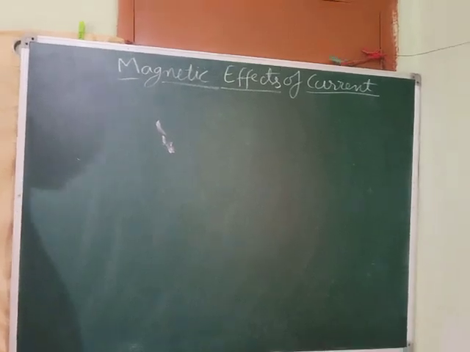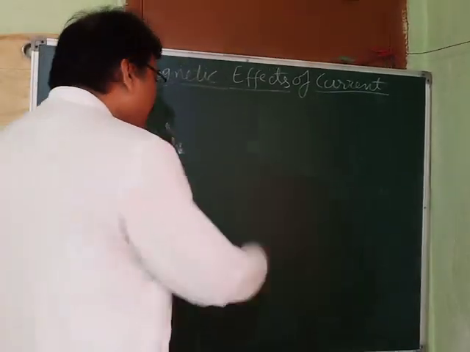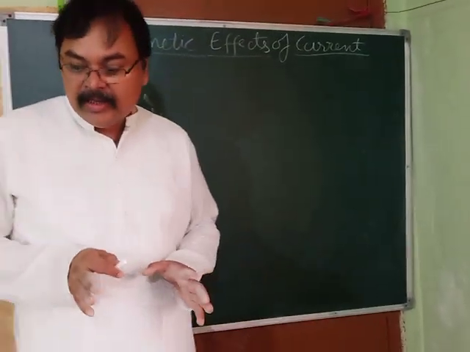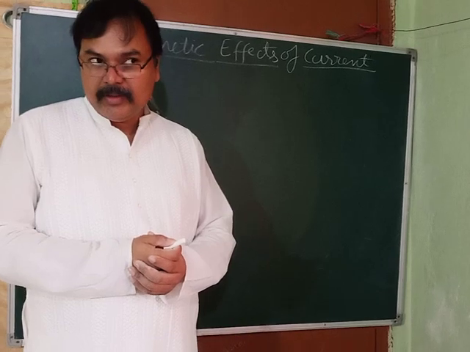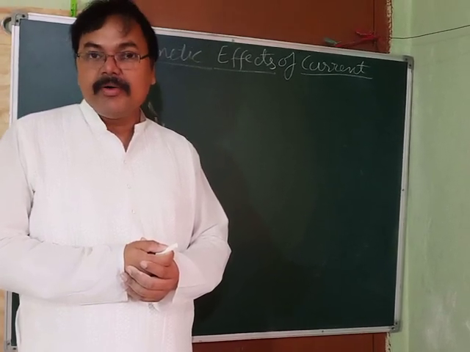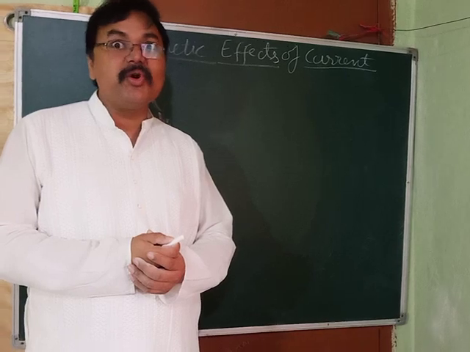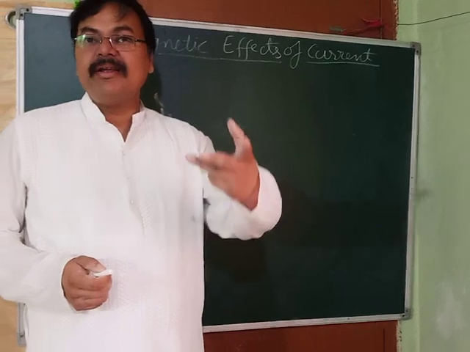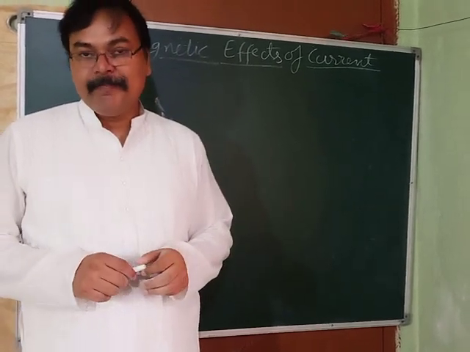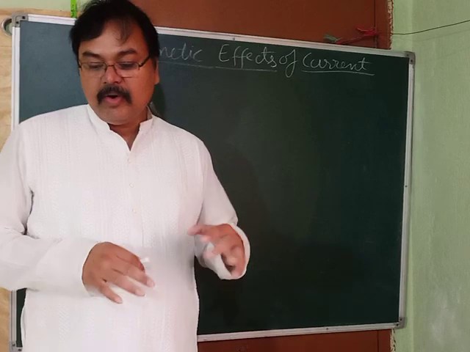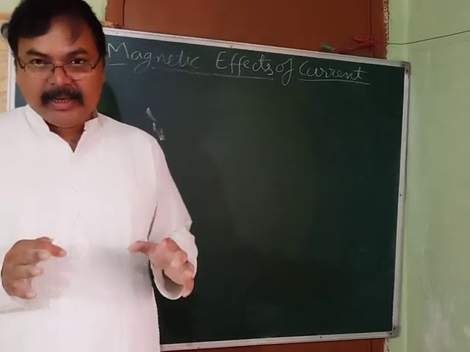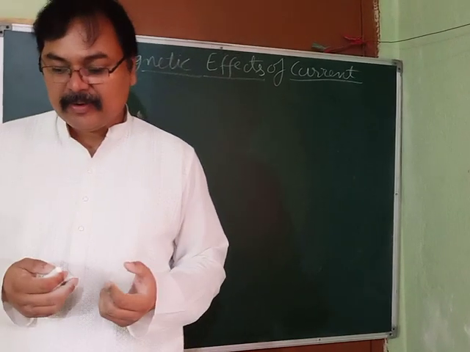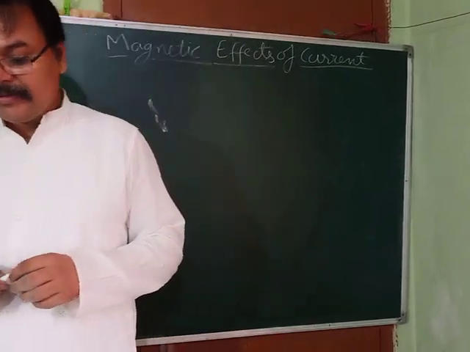Now, already we have discussed in the previous chapter, there is a diagram given in your NCERT of this household circuit that you must draw. Sometimes in the examinations they ask to draw it. It has three wires: live wire, neutral wire, and earthing wire. And fuse, I have told you all; overloading I have told you, and short circuiting also I have told you. All these things are in this chapter also.